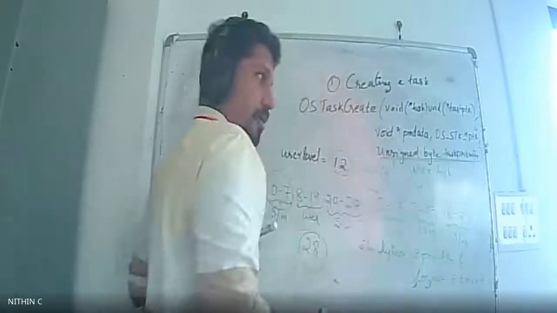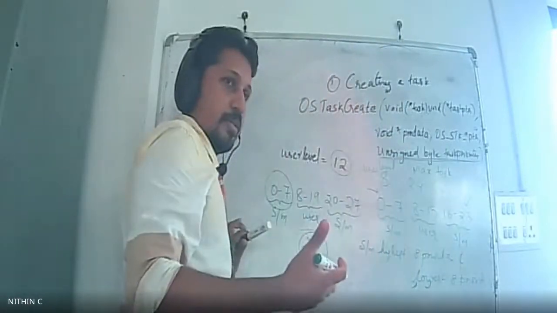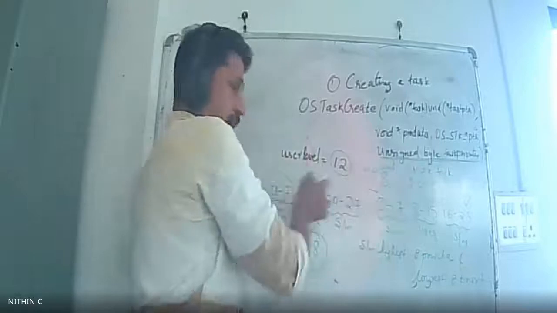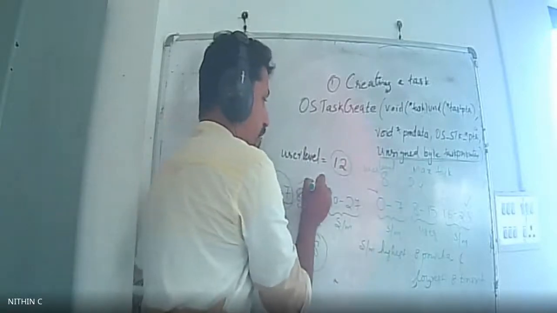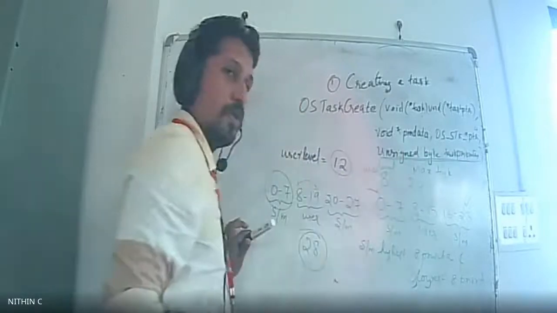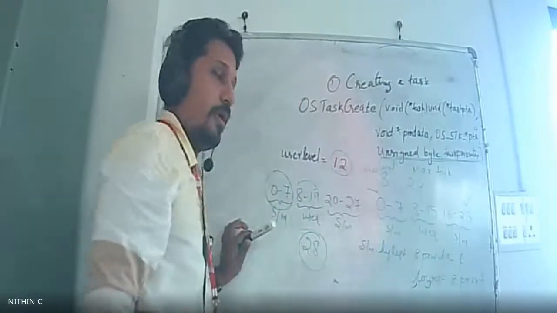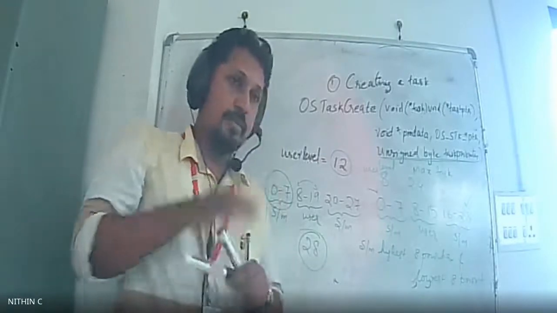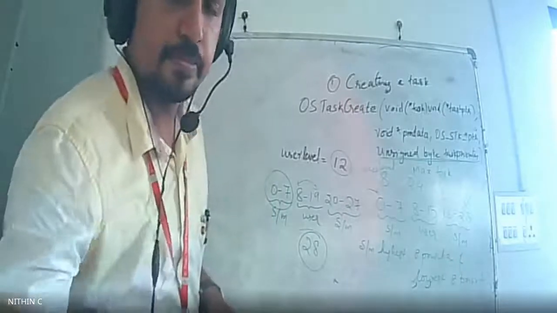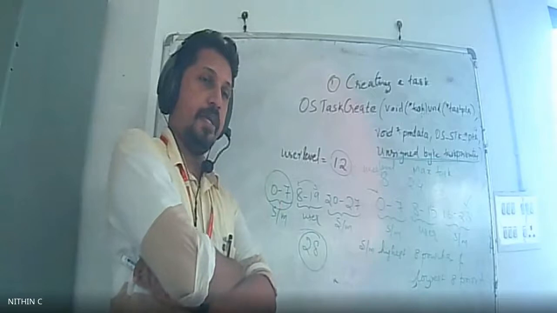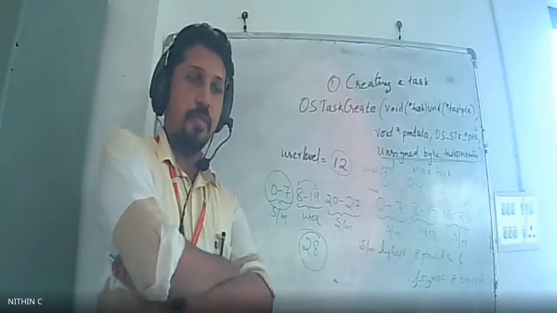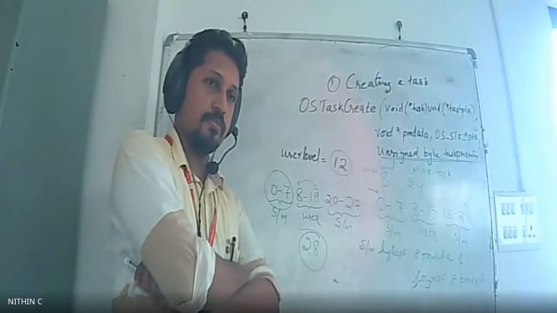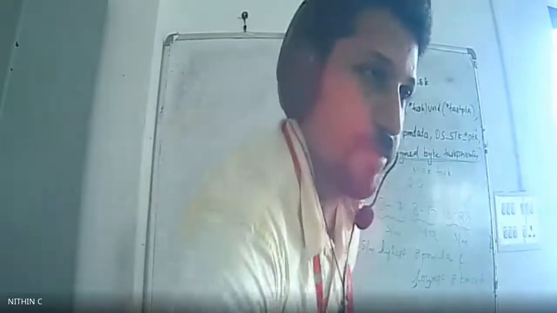These values are for this particular parameter, the unsigned byte task priority. For a particular task that is defined by the user, in this example, when I am considering 12 user level tasks, this value can be from 8 to 19. Okay, is that clear? Clear? We already discussed it yesterday. Okay, fine.